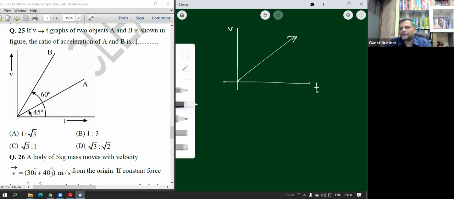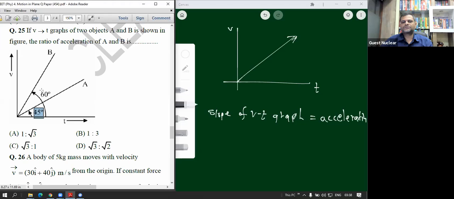Okay, अभी हमने एक सम किया था इसके ऊपर बेस्ड, याद है? तो slope of VT graph is nothing but acceleration. ये अभी अच्छी तरह से याद रखो, ठीक है। तो अगर ये बात यूज करेंगे तो देखो फर्स्ट ग्राफ जो है ए ग्राफ है उसका एंगल कितना बना हुआ है, 45 डिग्री बना हुआ है, और दूसरा जो ग्राफ है बी उसका एंगल एक्चुअली 60 डिग्री बना हुआ है, करेक्ट है।